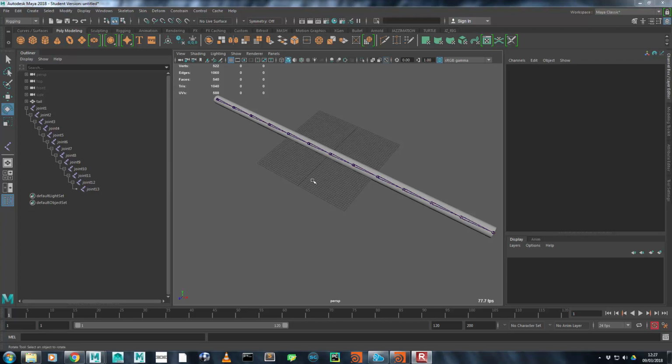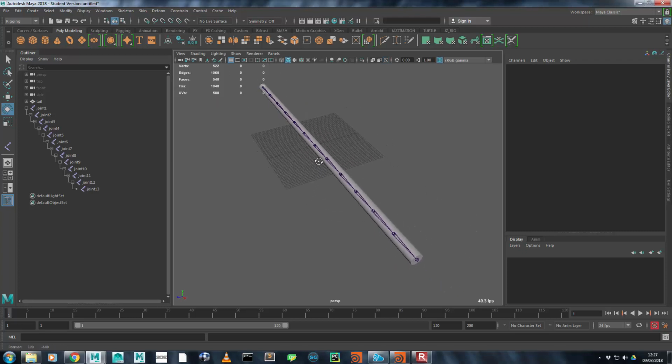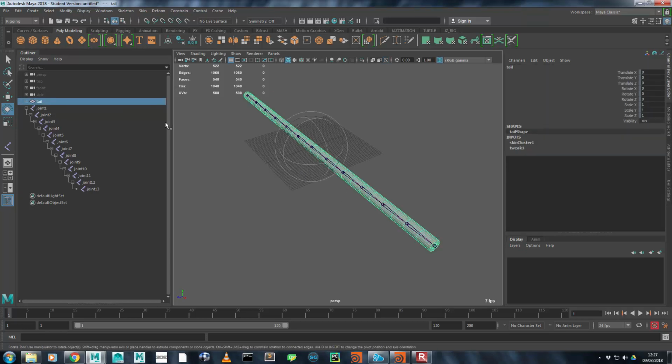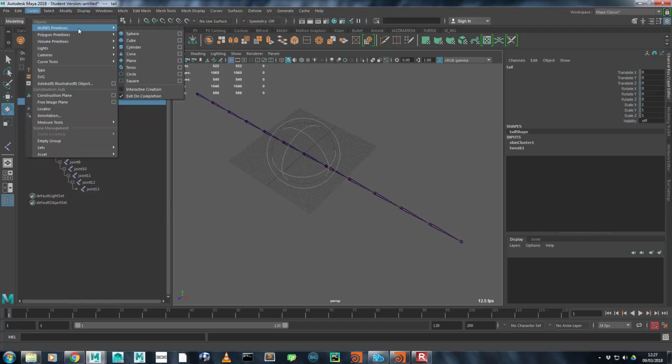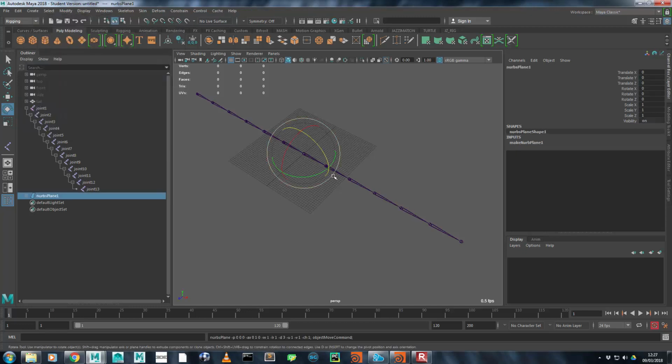So welcome back. Let's just pick it up. So what I need to build this ribbon rig is a NURBS plane that goes from the entire length of the chain. So I'm going to hide my geometry for a second, and you could just create a NURBS plane from the main menu, NURBS plane like so, and then just scale it up and move